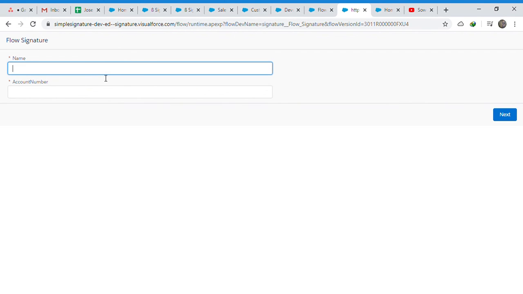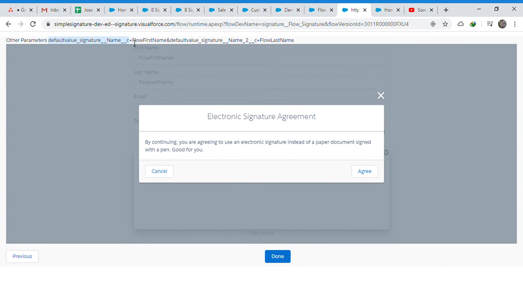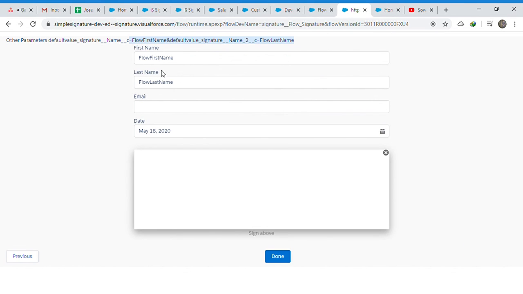Flow first name or last name. See, we passed the other parameter default signature name. Here we put the name variable, and here we put account number. But the flow actually replaces them with the actual variable values. So that's great. And now you see the fields are auto populated with other parameters.